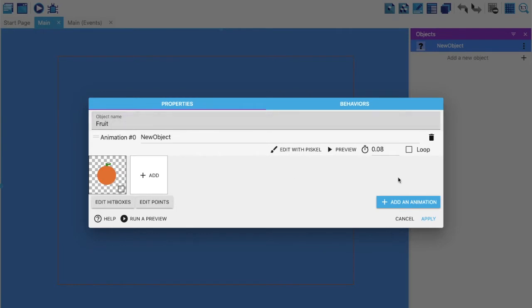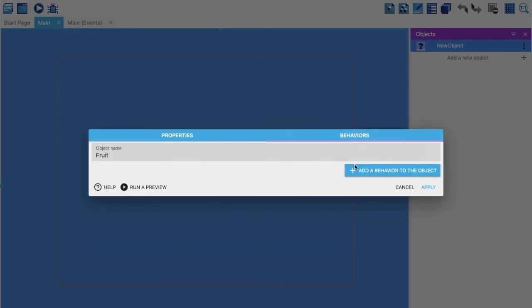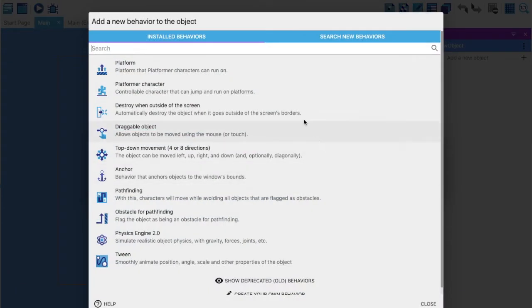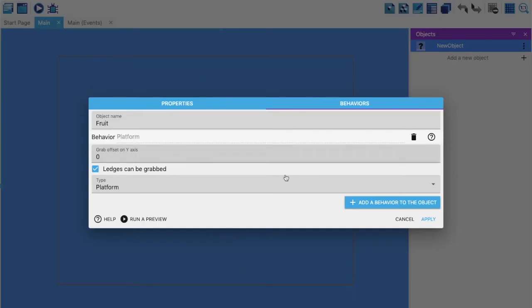And also I'm not going to add any loop to this, but I will be adding a behavior as I want it to fall. And as you know, to make something fall we need gravity for that, right? And also we have covered in the previous videos how platformer characters give gravity by default to the, oh wait, I took platform, by the way, platformer character I have to take.